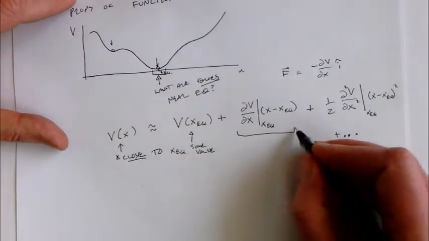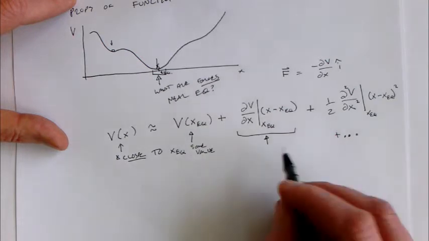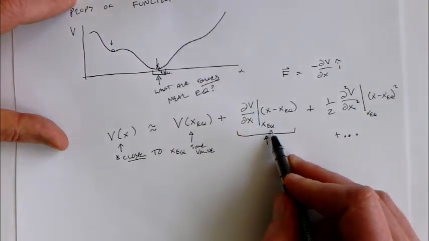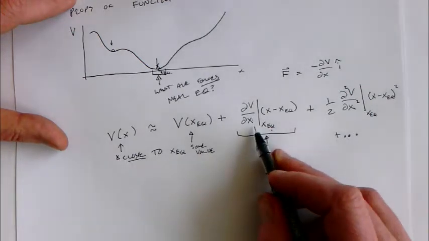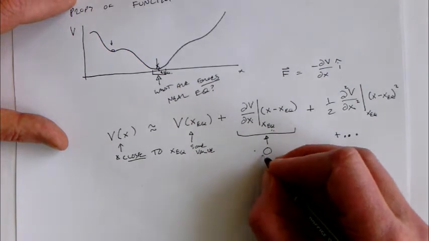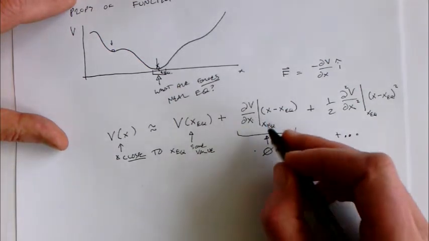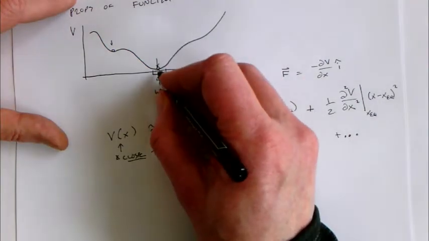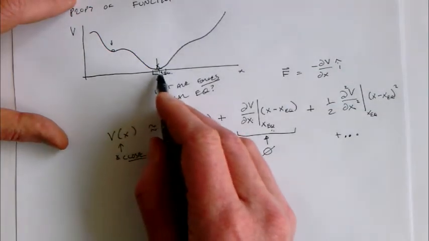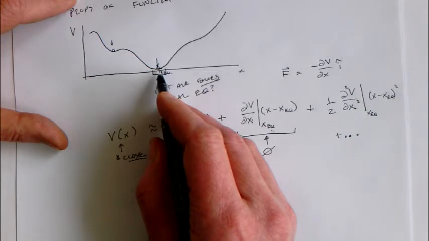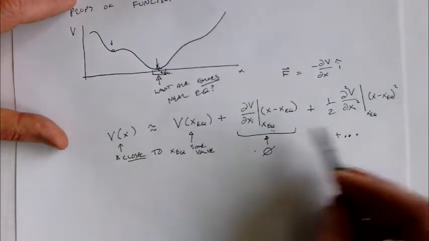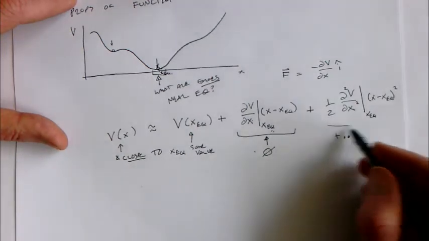But what's going on with this? This is the partial of the potential with respect to x at the equilibrium point. And the partial of the potential with respect to x at the equilibrium point is by definition 0. Right? So this term is 0. In fact, this term has to be 0 because that's what makes it an equilibrium point, right? The derivative with respect to position is 0. The bottom of this thing is flat. It's a minimum, right? So the first term that actually gives me any information in this is this